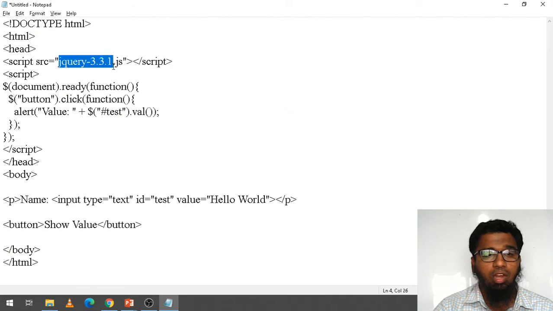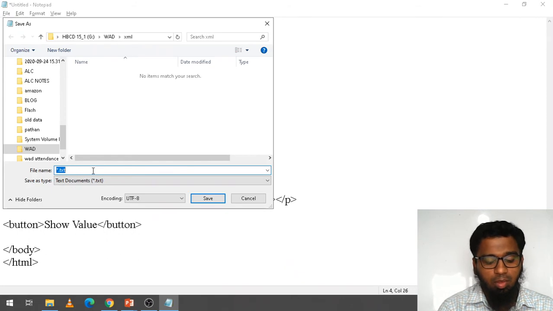My version is 3.5.1. Whenever you practice, sometimes your version will be older or newer, it doesn't matter, but that same file name should be there. If you write it with the version, it will be easy for you to know which version you are working with. So this is the code, and I am saving the file, save as, giving the name val.